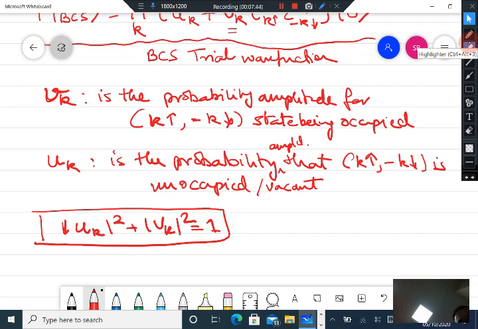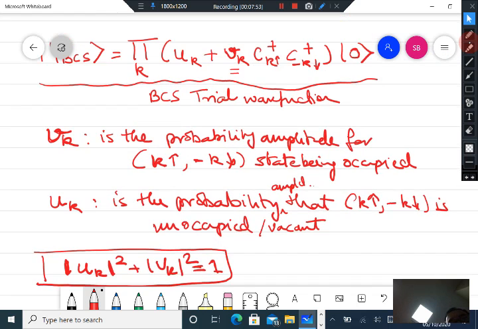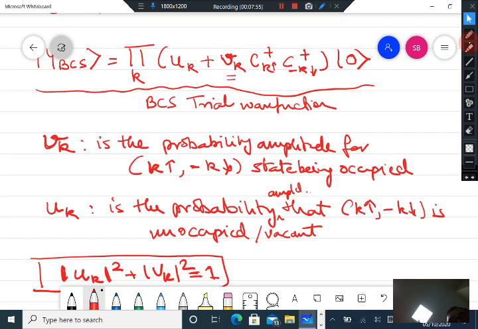Okay, so one very important relation which is satisfied by uk and vk is that uk squared plus vk squared is 1. So we are writing the trial wave function as a product of occupied and unoccupied states, occupied states with some probability, and unoccupied states with a certain probability coefficient. We are writing them all out as a product of wave functions with some probability of occupation and some probability of it being empty, and 0 is the vacuum state,